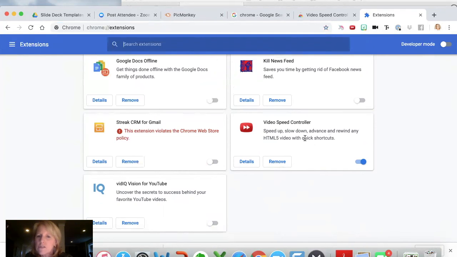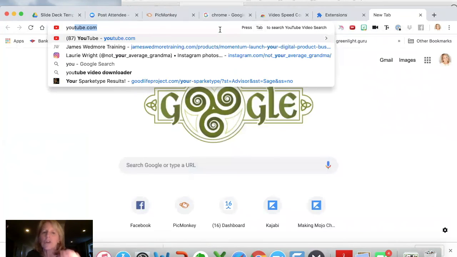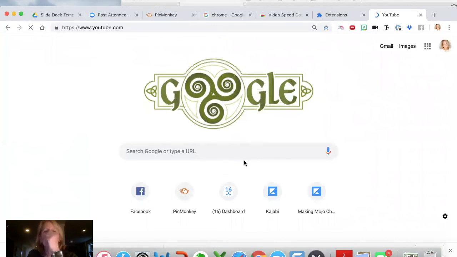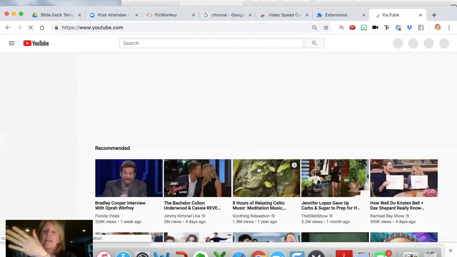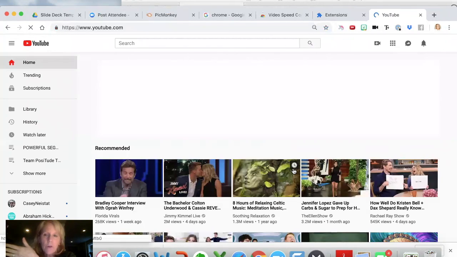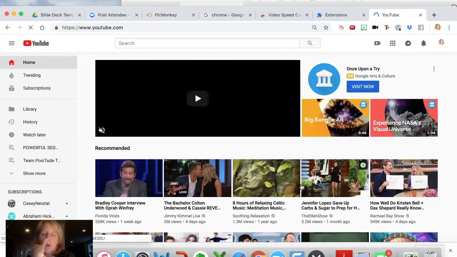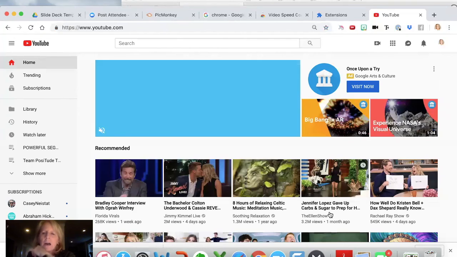Now if I go to YouTube, let me show you how this works. I can watch any video, and if you're on Facebook on your computer, you can use this for any video you're watching there too.